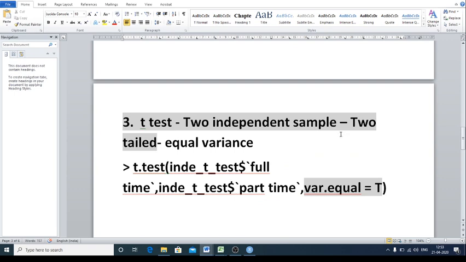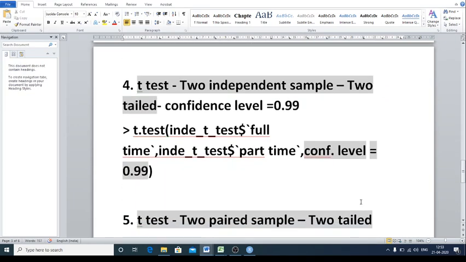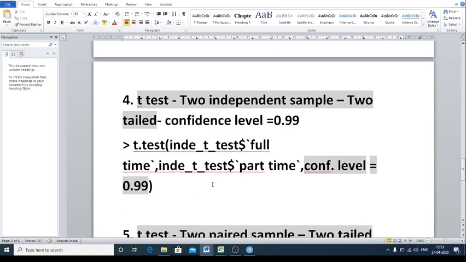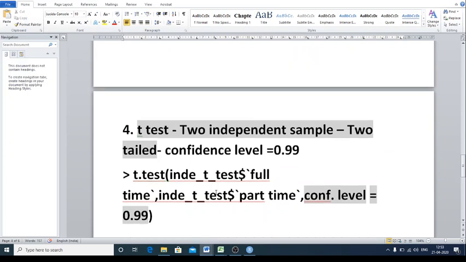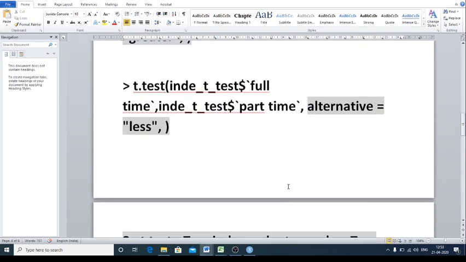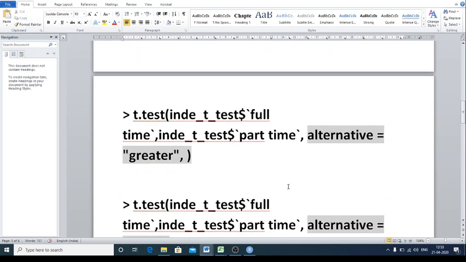If you want to do an equal variance test, then in the formula you need to add var.equal equal to T. If you want to change the confidence level, then in the formula, comma, conf.level 0.99. So besides default settings, you can change the settings by adding your specifications to the formula.